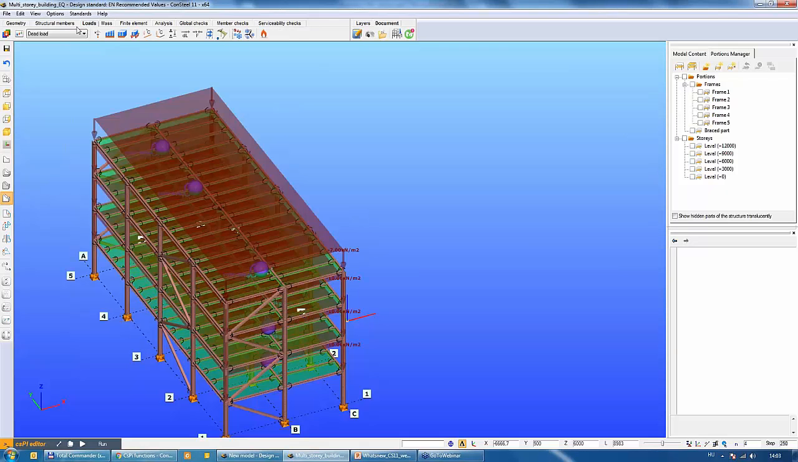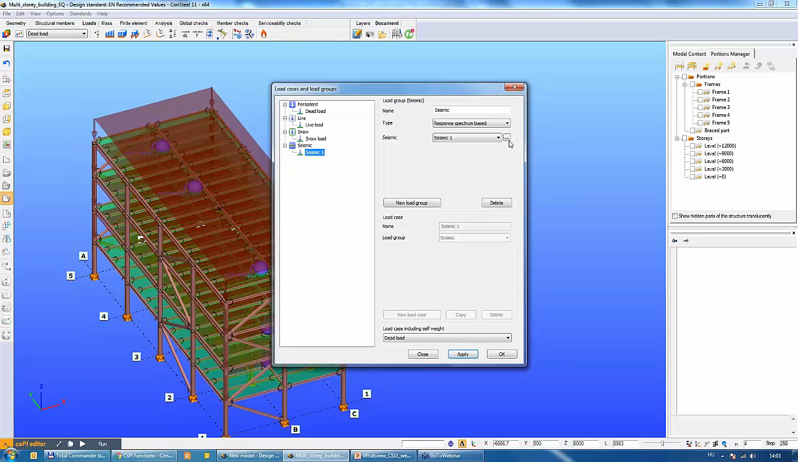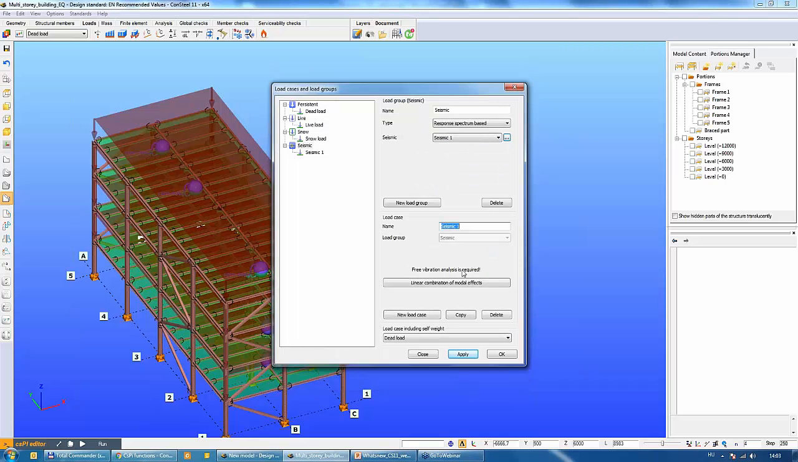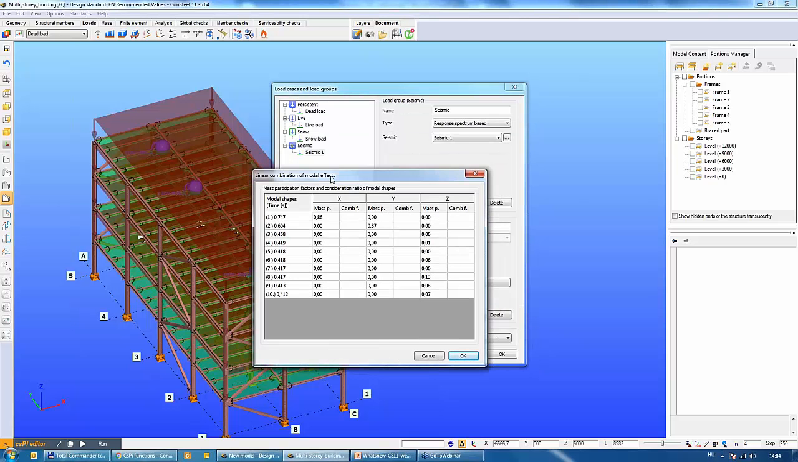So if you would like to calculate buckling analysis, we can go back to the seismic effect, and if you switch the calculation method to selected mode, linear submissions, for example, the apply button, you can set it. So in this case, the load group field is active, and we have a new button: linear combination of modal effects. Of course in this case, the previously performed